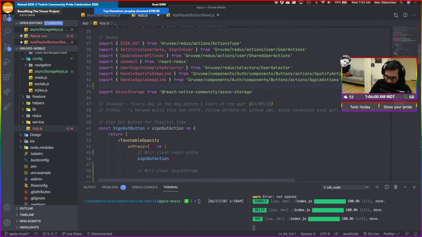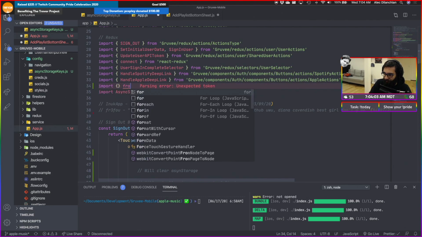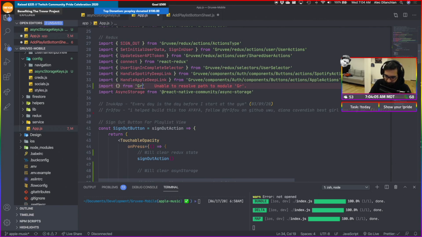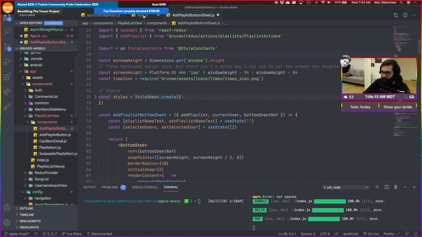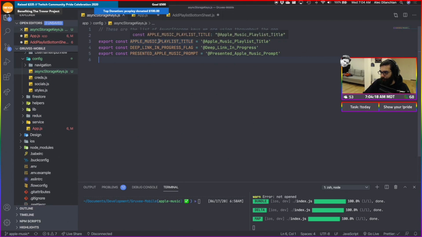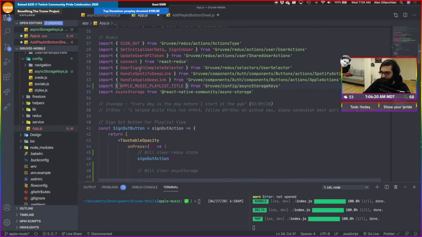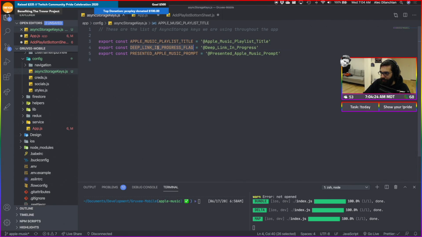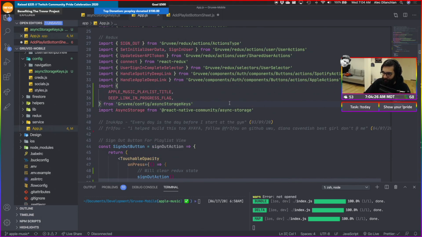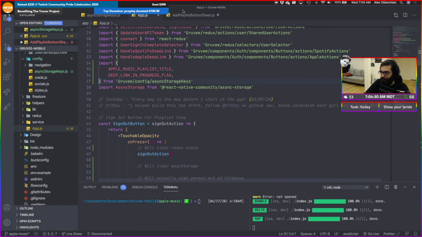So again, we can import this from the Groovy config, and then we have async storage keys. We're going to do Apple Music playlist title, and we're also going to do deep link in progress flag. So those two there, and then we can also use those keys again to do our clear.